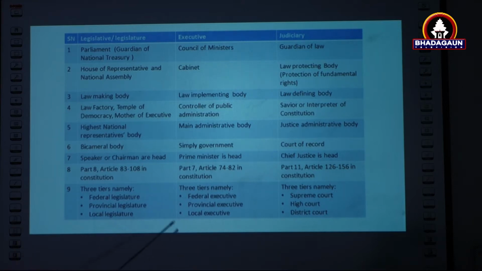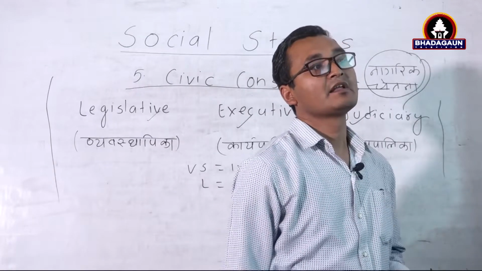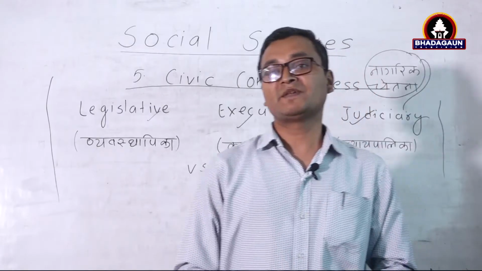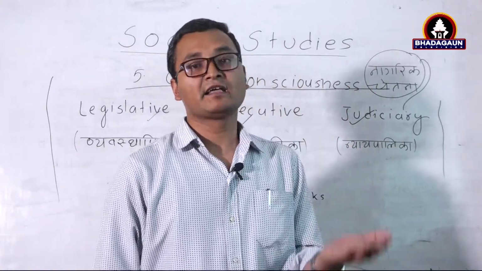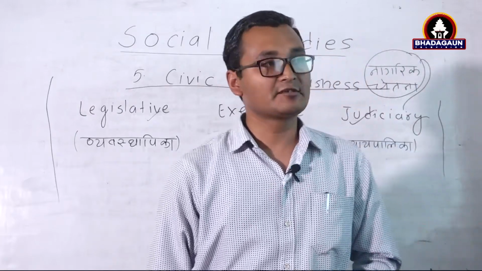द्विसदनात्मक भनेपछि already mentioned over here, House of Representative and National Assembly. And next one is, it is also known as simply government. सामान्य हामी सरकार मात्र पनि भन्छौँ एक्जिक्युटिभलाई. र court of record, judiciary is also known as court of record. It means अभिलेखको अदालत. It means that it keeps all the activities, all